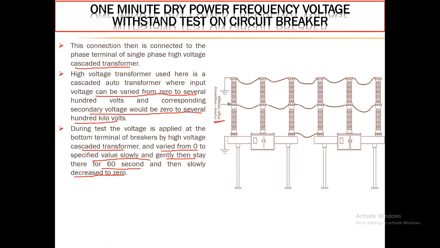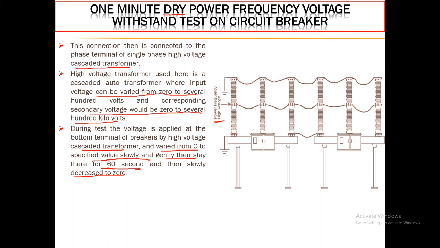Afterwards the timer has to start. The timer must be set at 60 seconds under the dry atmospherical conditions, because the intention is to perform the test under the dry condition. So under the dry condition you have to set the timer of 60 seconds after setting the required test voltage level.